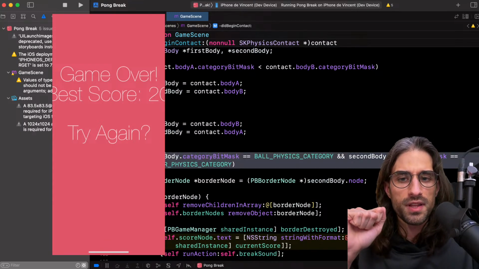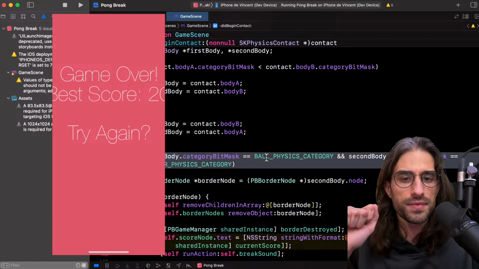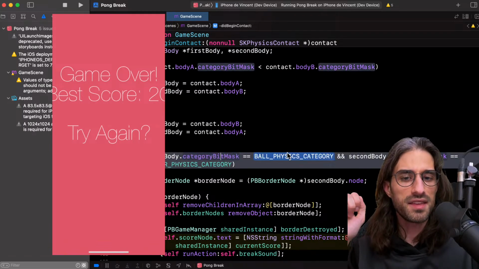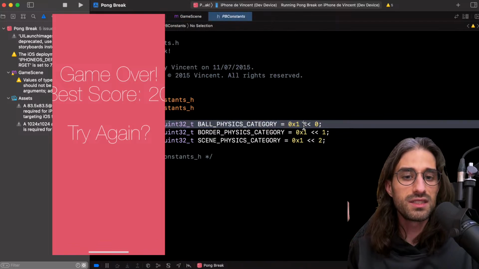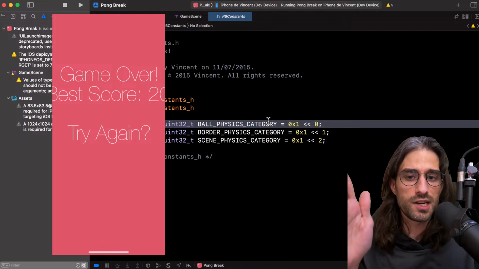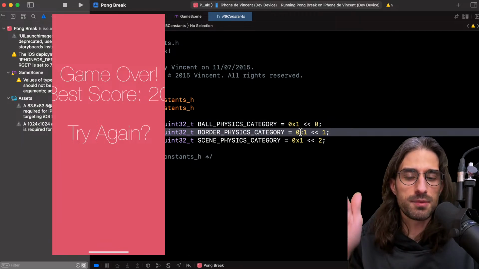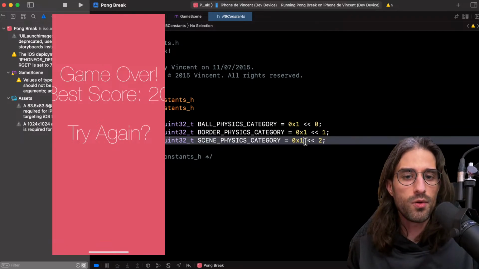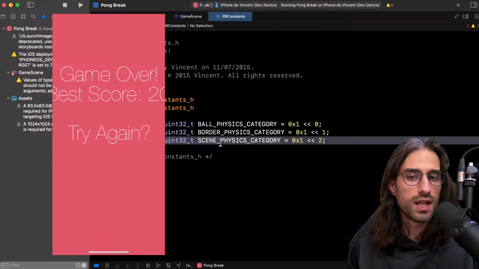And then we check if the first body is a ball, and for that we need to look at the category bit mask. What is this? It's this thing. So it's one bit at position 0 for a ball, one bit at position 1 for a border, so a part of the circle, and one bit at position 2 for the scene, so the edge of the screen.